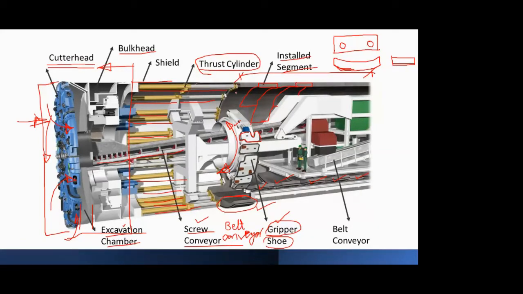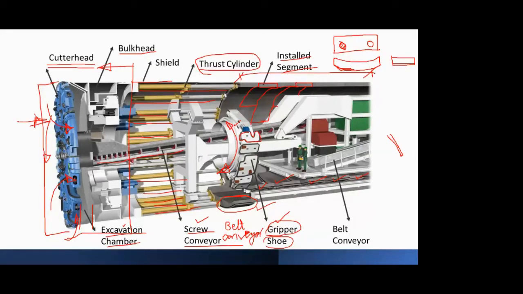Once the segment is taken to the desired location, as I told you, there are through holes in these segments. Through those holes, the rock bolting is done. Bolts are inserted into the surface earth crust, and then it is grouted, and the hole is filled, so that the segment will not fall off when the machine moves ahead. Now this is done simultaneously as the other operations are going on.